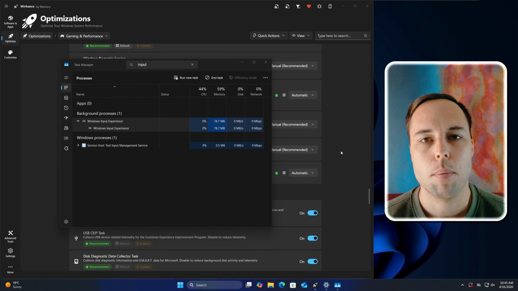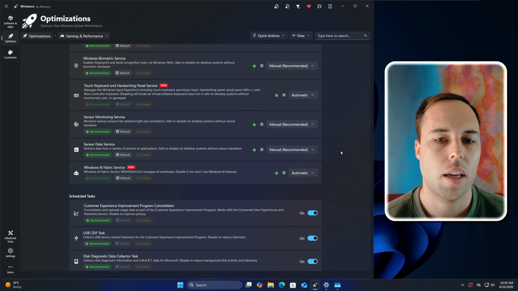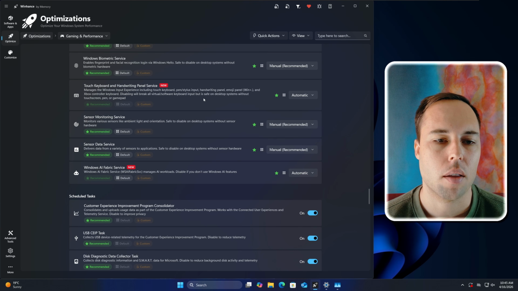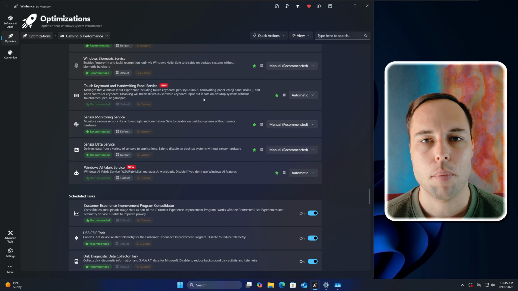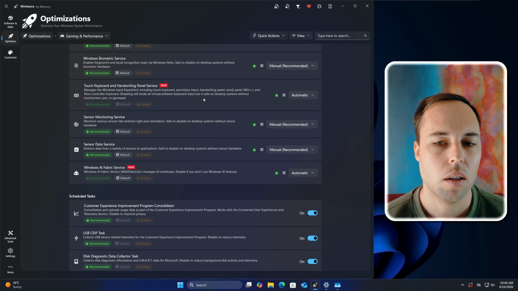Now, I'm using the emoji panel because that's what most of you might use this setting for. If you're on a computer where you have a touch keyboard or pen or stylus input, then this should stay on for you because you use those input methods. But for most of you like me, who is just using a normal desktop and never actually using the emoji panel, this setting can be safely disabled.